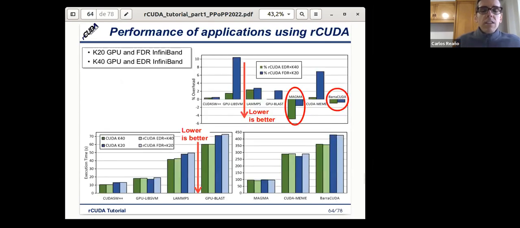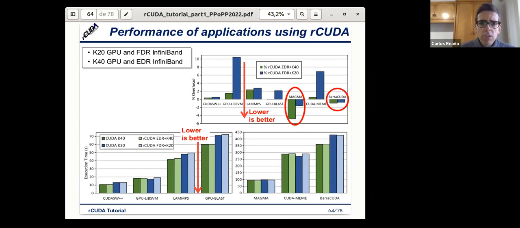Okay, so we have seen the performance regarding memory copies: when copying from host memory to GPU memory and from GPU memory to GPU memory. What happens actually with the performance of applications? Because the performance is not only measured with bandwidth, the applications are also doing some computations. So what happens when we include, apart from the memory copies, the computations?